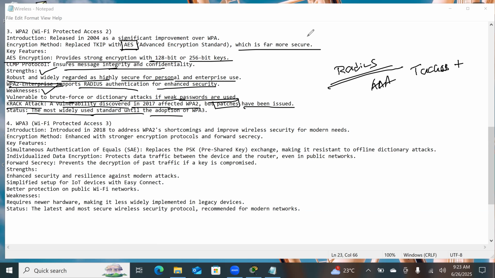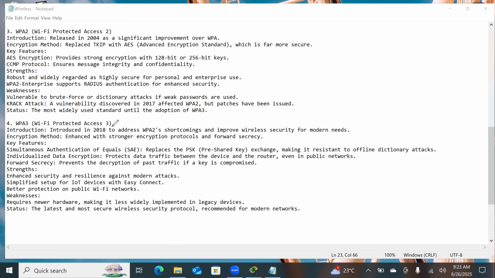Okay. And the last one is what? WPA3, Wi-Fi Protected Access 3, which was introduced in the year 2018 to address some of WPA2's shortcomings and improve wireless security for modern needs. Here also it uses the same, enhanced with stronger encryption protocols and forward secrecy. It uses SAE, Simultaneous Authentication of Equals, which replaces the PSK, pre-shared key exchange, making it resistant to